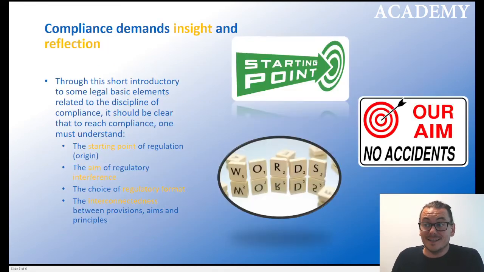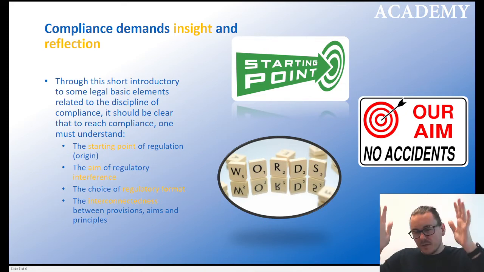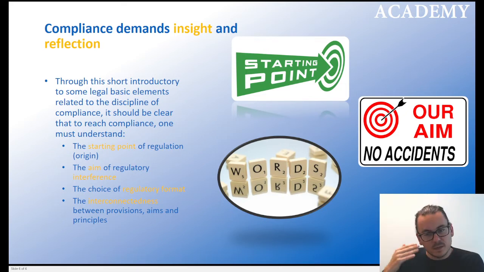And that is pretty much the point of this whole challenge, to get your mind into the legislative mindset. And there's a lot of other factors that we will go into, but this is just summing up the introduction of law and compliance. So I put this here.